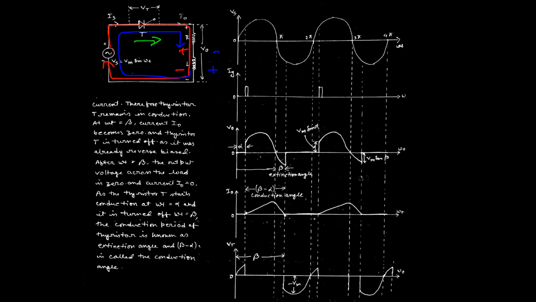Okay, so we can easily identify that when the switch is on, the supply voltage is reflected on the load, and due to the presence of the inductor the current gradually increases. When the switch remains off, the supply voltage is reflected across the two terminals of the switch, anode to cathode.